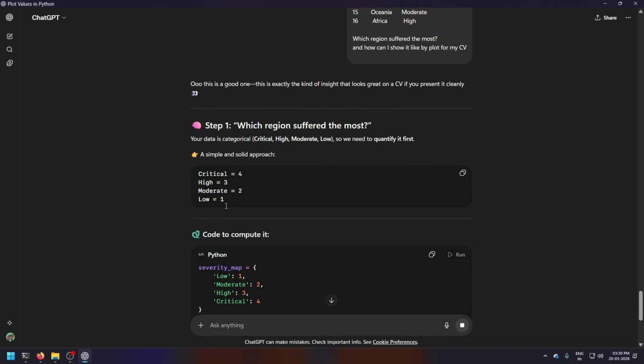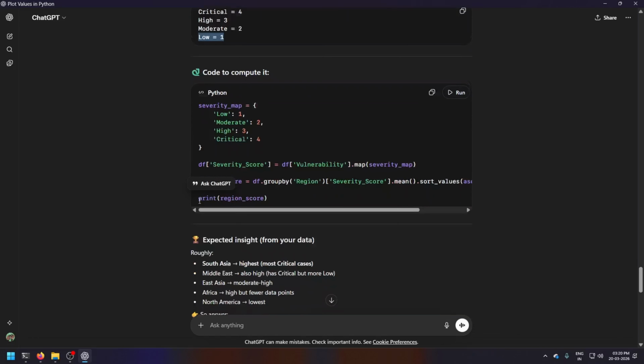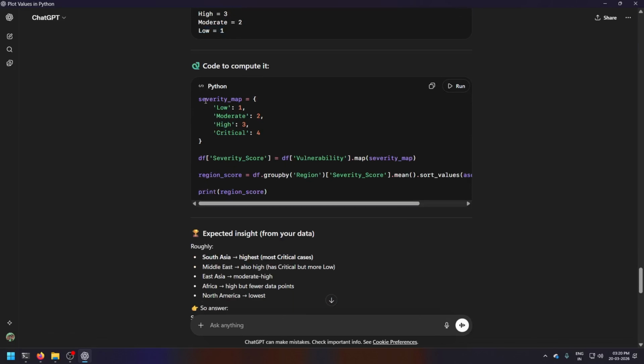That being low to 0, moderate to 2. So this made it from 0 to 5, with low being 1. We have a severity map: low, moderate, high, critical, and all this stuff.